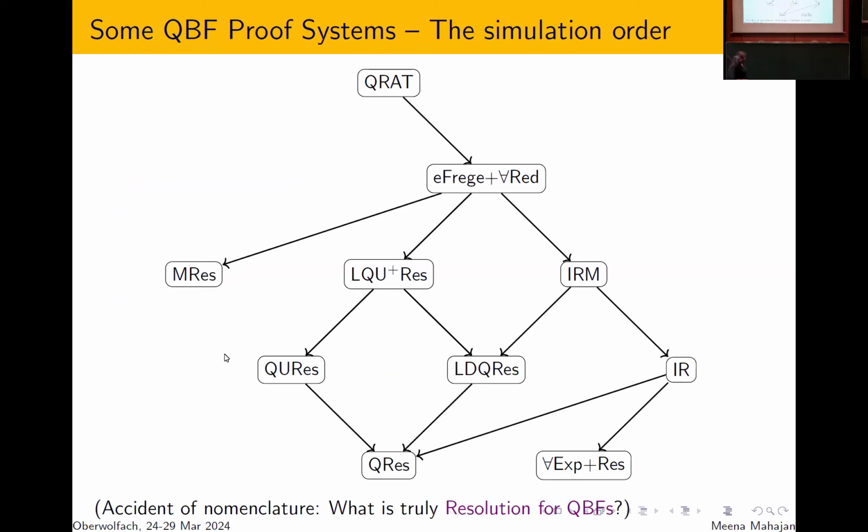There's the expansion-based system, expansion for universal expansion and resolution. And then sitting on top of it, there's something called IR, which is instantiation and resolution. So it's a more efficient way of doing expansion. I mentioned that you don't have to really expand the whole formula. You can judiciously expand it. And in fact, not only can you judiciously expand clauses, you can even do partial expansions. So Y depends on all the universal variables to its left, but I may look at only the dependence on a few of those variables, not all of them.